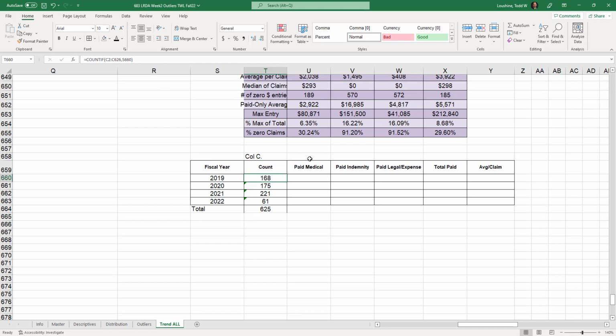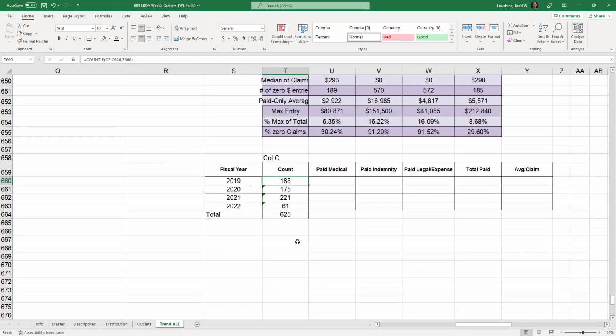So it is correct, however, it's not. This right here is C2 to 626, but if I go down one more, it's now C3 to 627. I go down one more, it's C4 to 628. And then, okay, so here's what we do. We have to freeze the range. And you do that by using dollar signs. So if I go up to my equation and go C$2 and C$626,